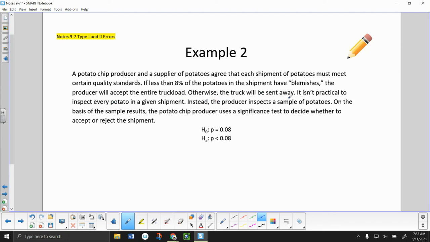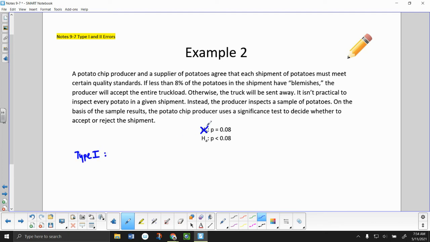Instead, the producer inspects a sample of potatoes. On the basis of the sample results, the potato chip producer uses a significance test to determine whether to accept or reject the shipment. All right, so here's our null and alternative hypothesis, where P represents the proportion of potatoes that have blemishes. So type 1,